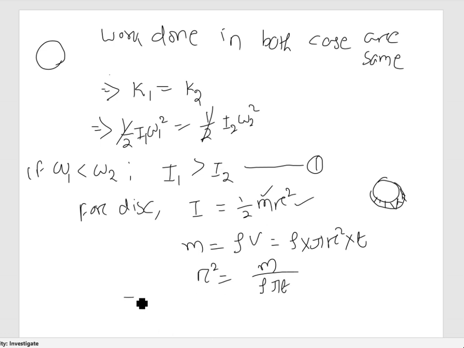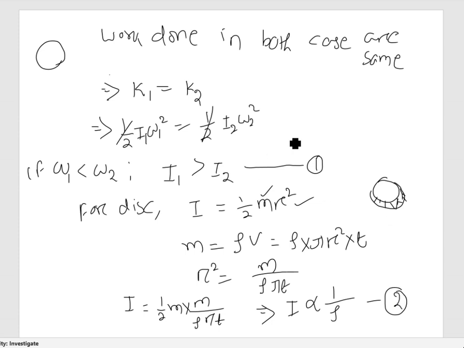So I'll get that I equal to half m, and in place of r square I just write m by rho pi t. So I can here write that I is proportional to 1 by rho. So take this as equation 2. So from equation 1, it is clearly mentioned that the slow moving object has greater